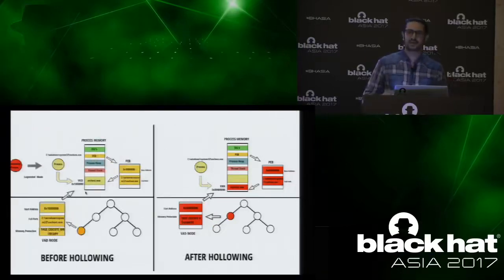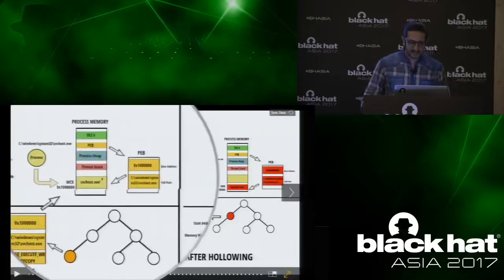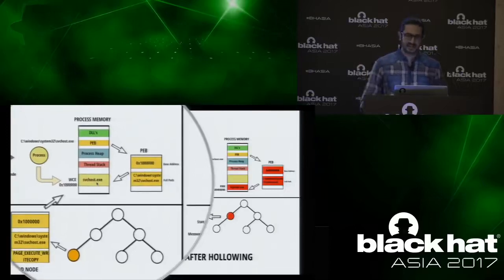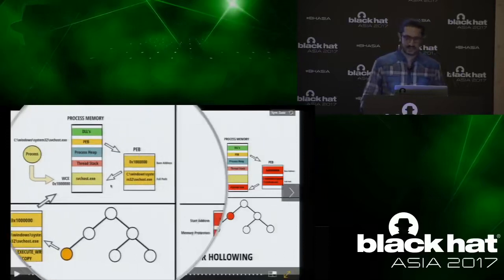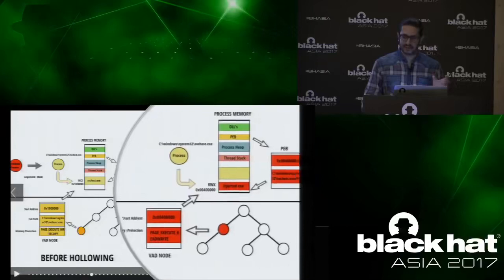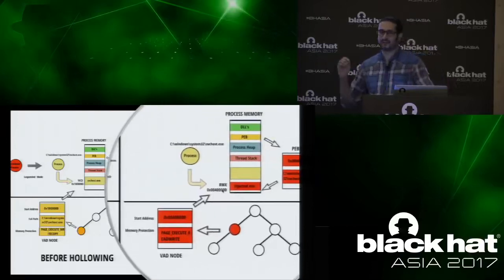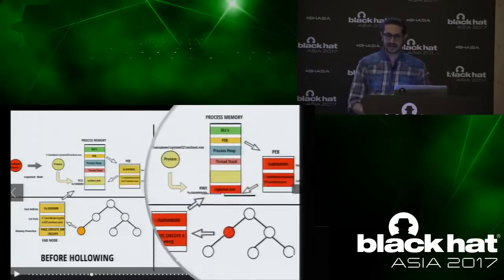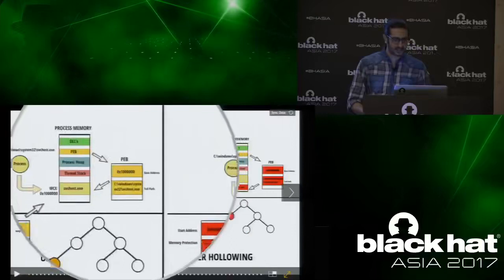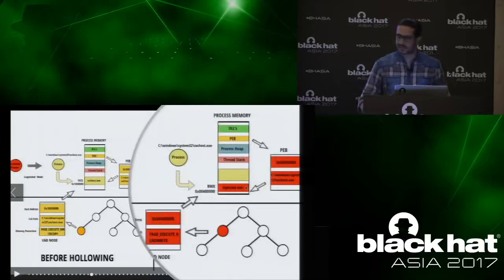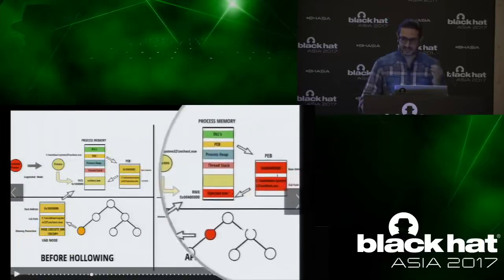Then what Skia did was, it did something slightly different from Stuxnet. It deallocated this section of memory where the suspended executable was. Instead of allocating memory in the same region, it allocated memory in a different region. As you can see here, it deallocated this section of memory and allocated a new memory. Because it cannot give a permission of write copy, it gave a permission of read, write, execute. And it modified the PEB structure. Initially, the PEB was pointing to the actual svchost.exe. It modified the PEB to point to the injected executable. As a result of this, you see the discrepancy.